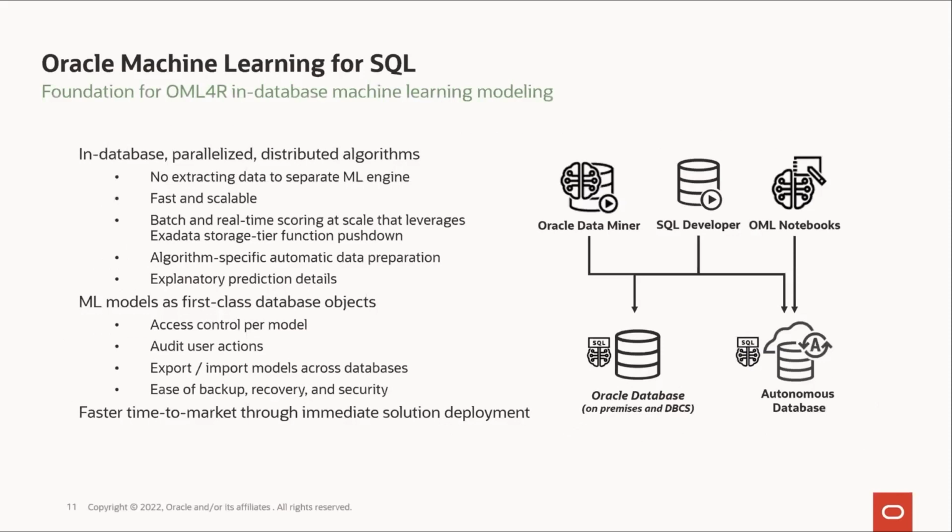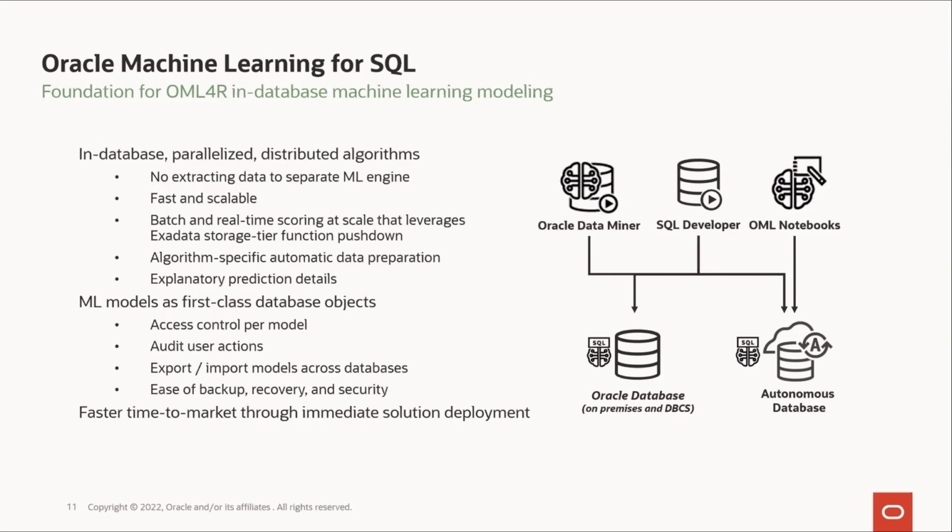Now, the SQL interface for in-database machine learning provides the foundation for the algorithms exposed in OML for R. And so it makes sense to say a few words about this interface first. The in-database parallelized algorithms keep data under database control, as we've been saying. There's no need to extract data to separate machine learning engines, which can be time-consuming and introduces problems related to data security, backup and recovery, and stale data. The algorithms are fast and scalable. They enable batch and real-time scoring and provide explanatory prediction details so you can understand why an individual prediction is